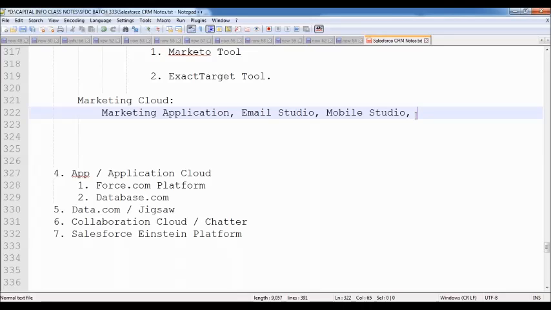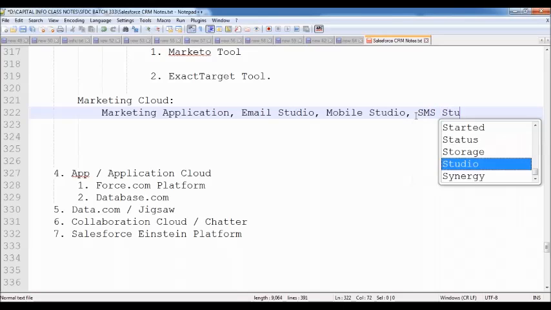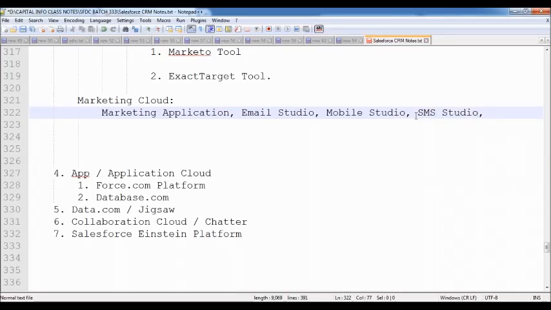For that, Salesforce has given a feature called SMS Studio. From this, people can't escape, even though they may be looking at their mobile also. So directly we can send some SMS notifications to the people. SMS Studio is a feature which is used to send SMS notifications to promote your products. In order to promote your products, if you want to send SMS notifications, then we can use that SMS Studio feature.